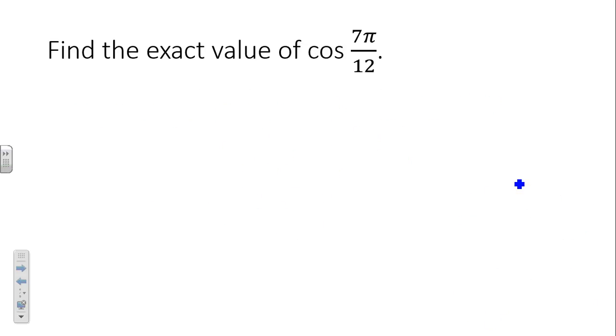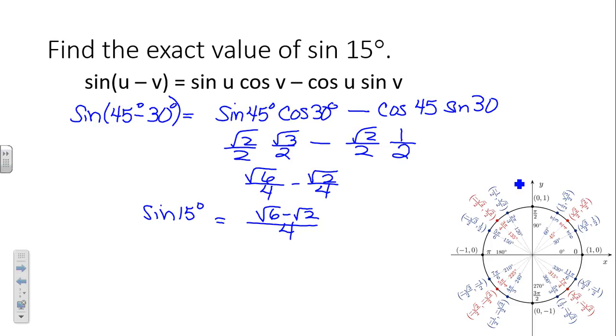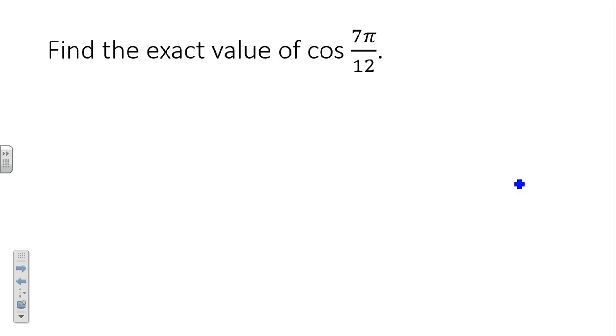Exact value of the cosine of 7 pi over 12. The answer for the last one was root 6 minus root 2 all over 4. Now we're working with the cosine of 7 pi over 12. So now we're throwing a radian at you, and you don't recognize that radian measure, right? So what can we do? Change it to degrees, absolutely. So if we're going to convert this to degrees, 7 pi over 12,